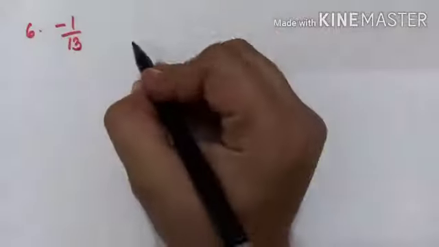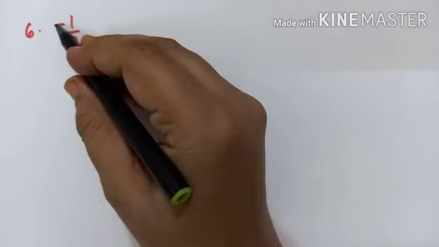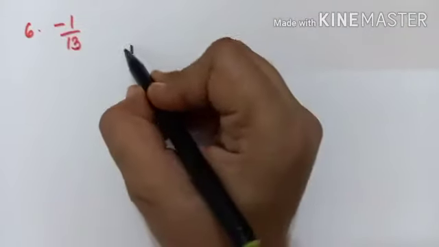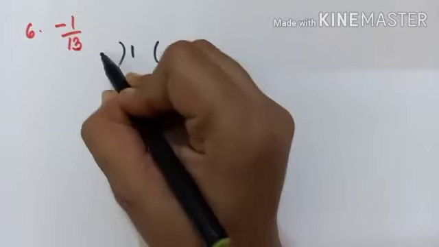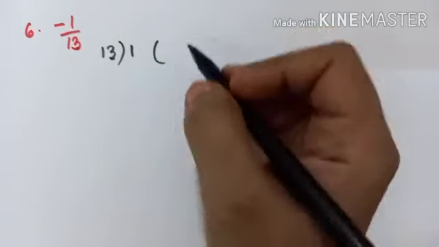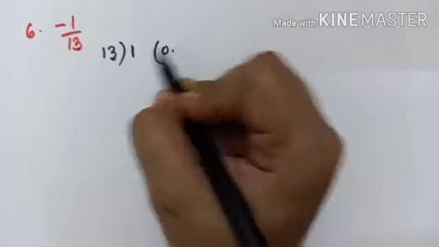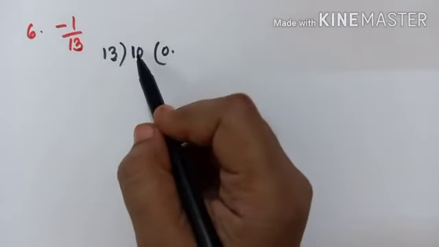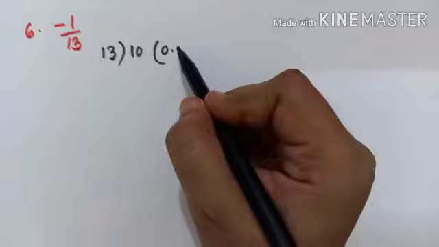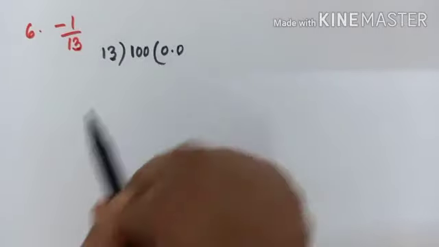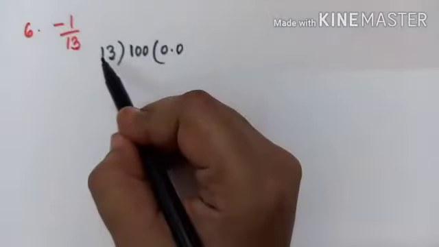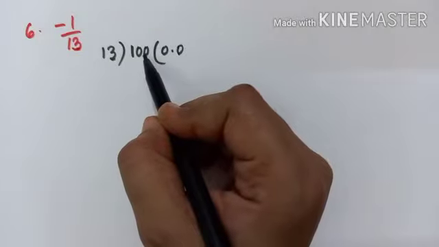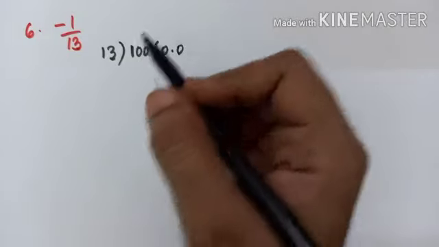Okay, so let us see here, minus 1 by 13. So minus 1 by 13 means we are dividing, we are not considering minus here, just keep it as it is, 1 by 13. Okay, so 1 divided by 13. So over here 0 point, so 1 0 you are adding. Okay, still it is 10, which is smaller than 13. So one more 0 you add, and here also one more 0 you add. Okay, so now 13 into what will be 100 or a number near to 100.